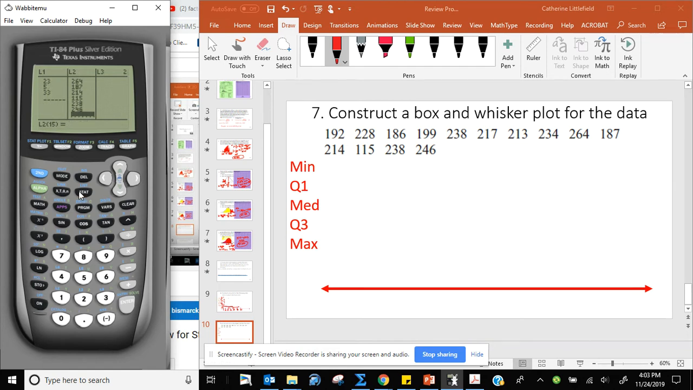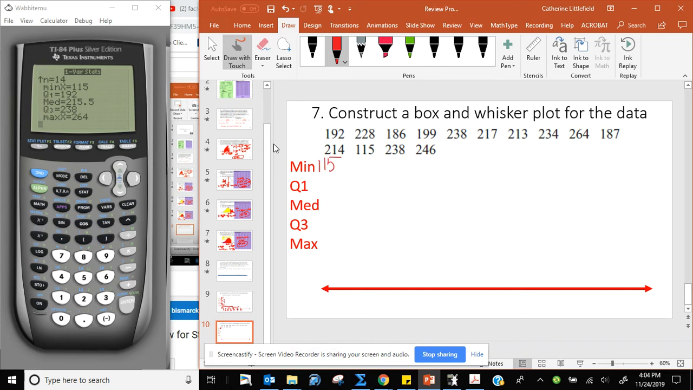Now I can go to my stat, arrow over to calc, 1-Var Stats. This time I'm in list 2, so I'm going to hit second 2 to get down to list 2, calculate. If I arrow down, it should give me my minimum is 115. My quartile 1 should be 192. My median should be 215.5. My quartile 3 is 238. My max is